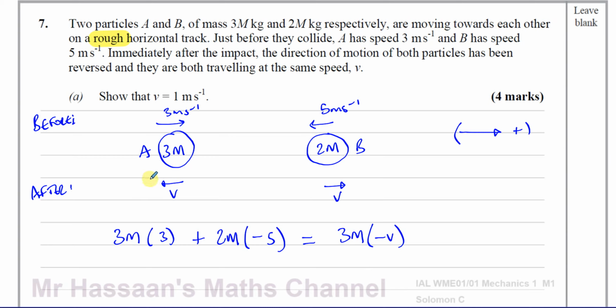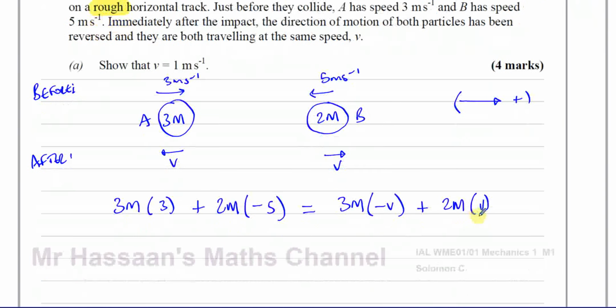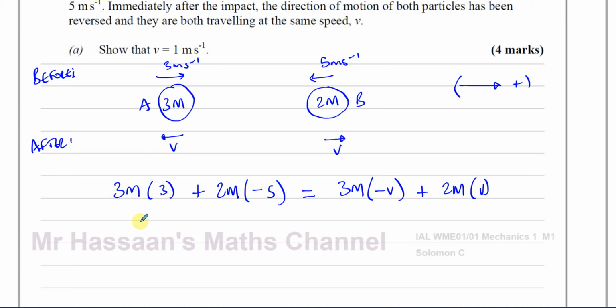That's going in what we call the negative direction because it has had its direction reversed. But B is now going in what we call the positive direction, because its direction has also been reversed. So that's going to be positive v. It's very important to realize that these two must have opposite signs because they're going in opposite directions. All right, so now we have 9m